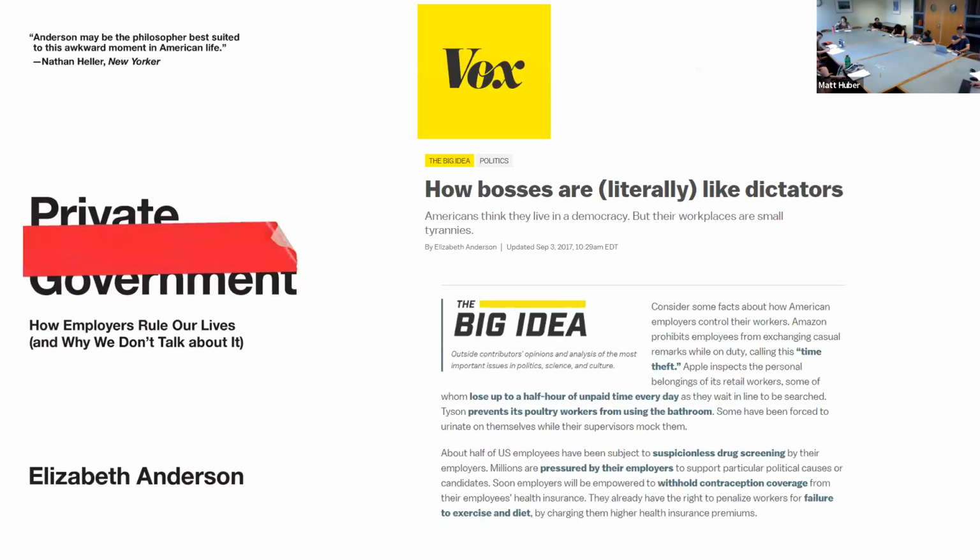And so there's this incredible book that came out about 6 years ago, about how employers rule our lives and why we don't talk about it. Americans think they live in democracy, but the workplaces are small tyrannies, right? And this is a great article if you're ever in a position to assign something to undergrads. I think you guys read it in 273, which lays out how dictatorial our workplaces are and how insane it is that we accept this in the so-called free world, a society of freedom and democracy,